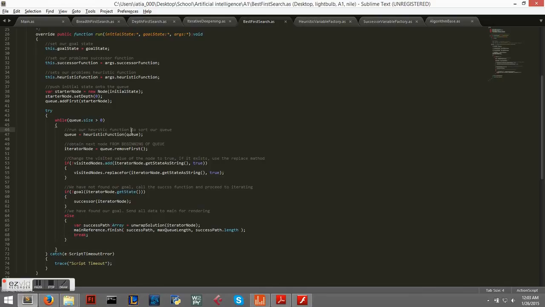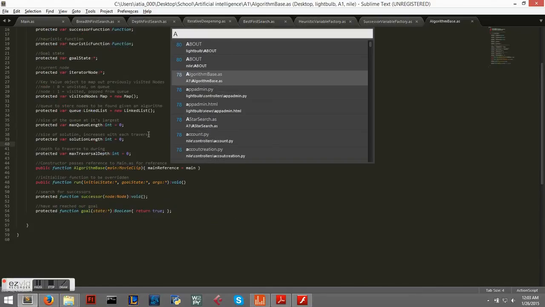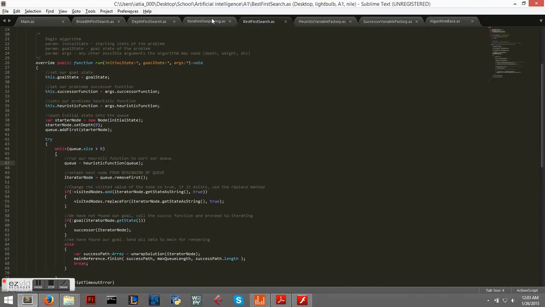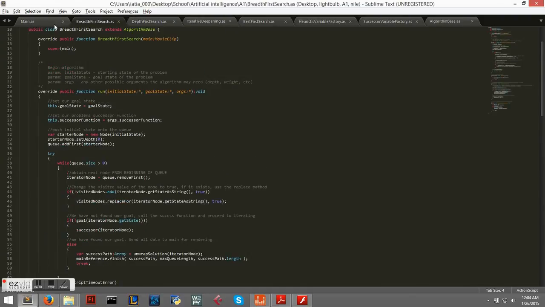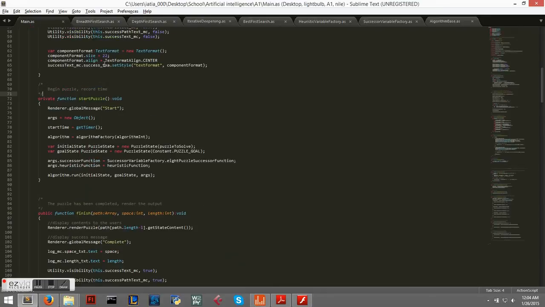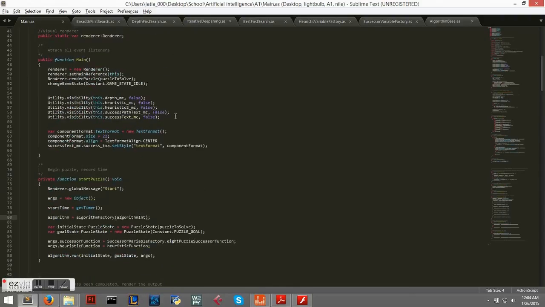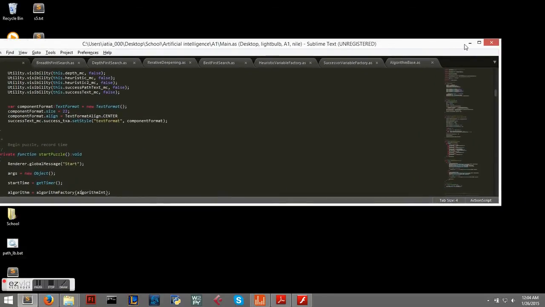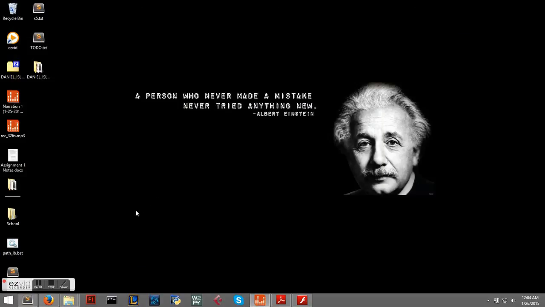So let's just go ahead and jump right into it. Here is my user interface. I used Adobe Flash to create this, and as you can see, we have a difficulty and we have a puzzle. You can go in and actually set these yourself, and it will automatically update. We have our data here: time, length, space, and then we have our search algorithm. So let's run a couple of these real quick. I'm just going to run breadth first search on the medium difficulty. As you can see, our success path popped out with the direction that came before it, and